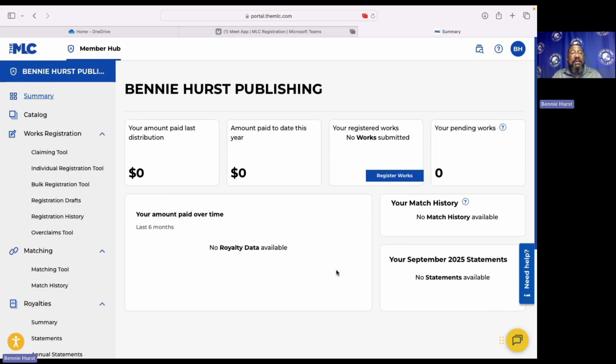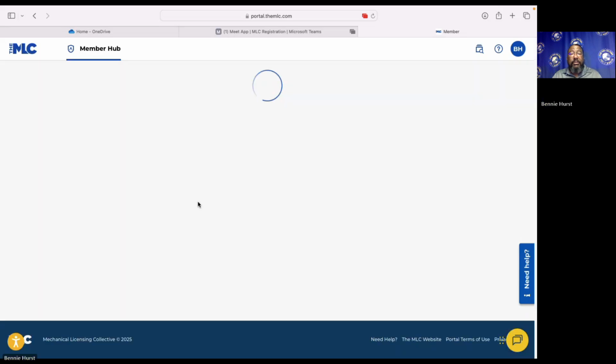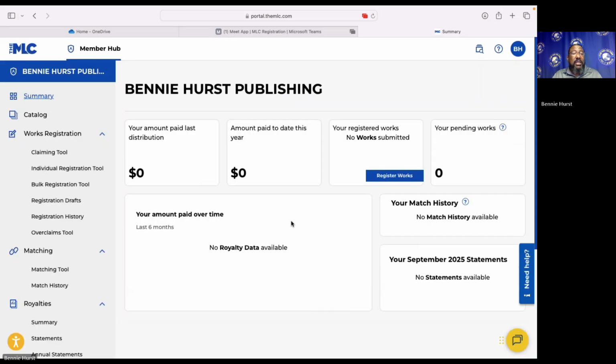I can't show you how to actually set up the account, but it's pretty self-explanatory. If you go to their home screen, it will actually walk you through how to set up the MLC. It's super simple. This is how you actually register a work. So if you look here, there's a place that says work registration. And it says individual registration tools. So